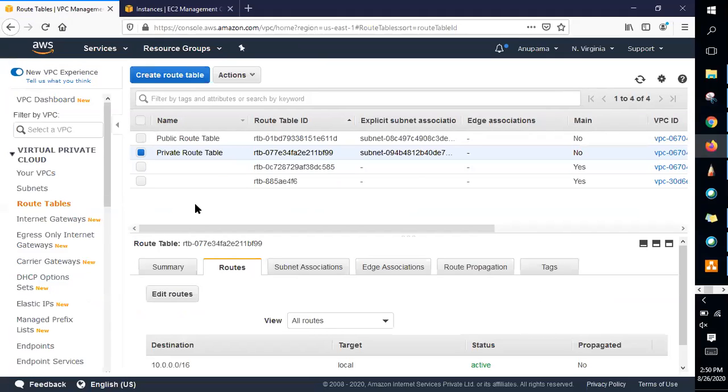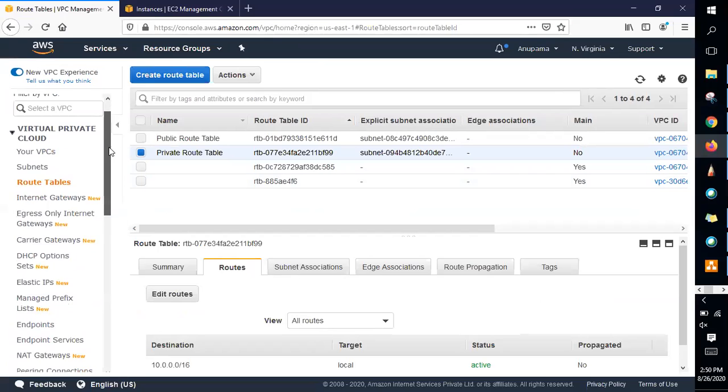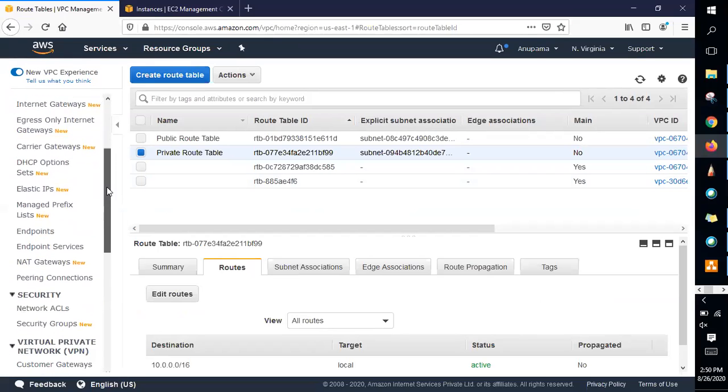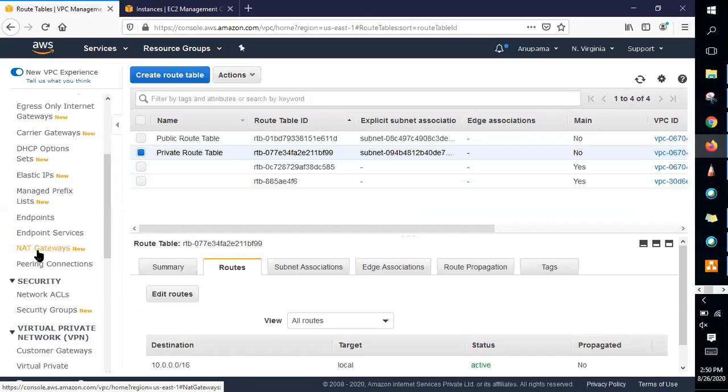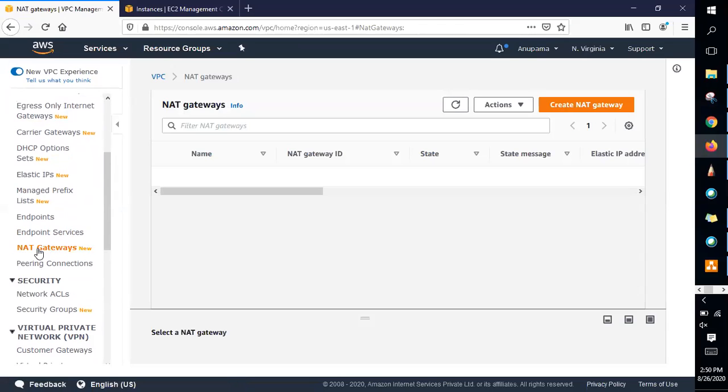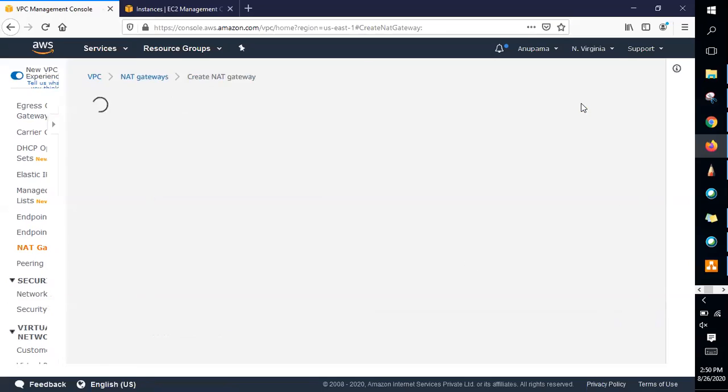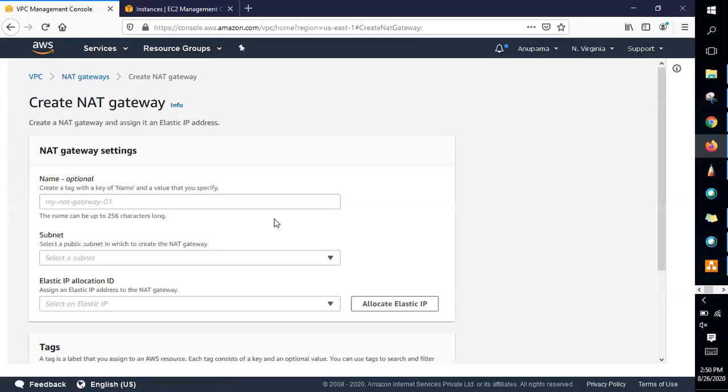Now what we have done, we have created a NAT instance, right? I'll just show you how to go for a NAT gateway. You see how easy it is. In the left navigation, you have NAT gateways. Click on NAT gateway. It is like an internet gateway only. Just like how easily we create an internet gateway, the same way. Click on create NAT gateway and give it a name, NAT.